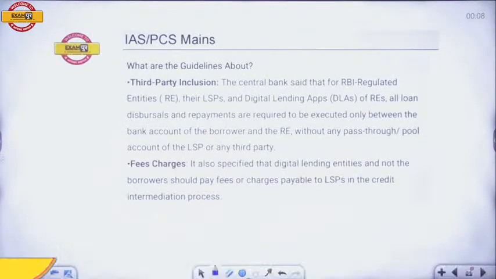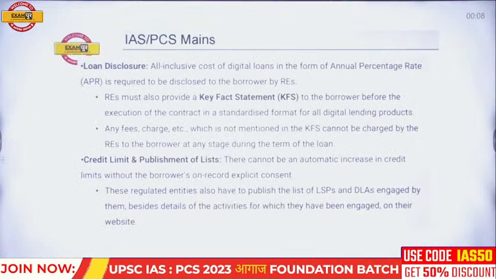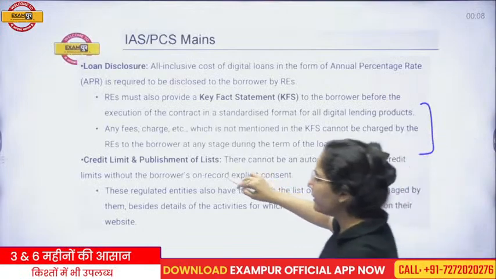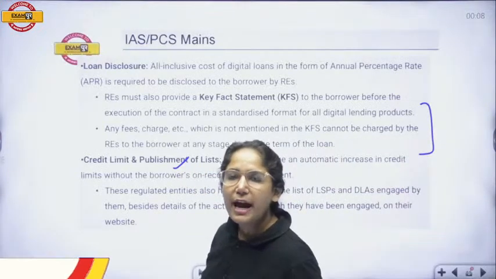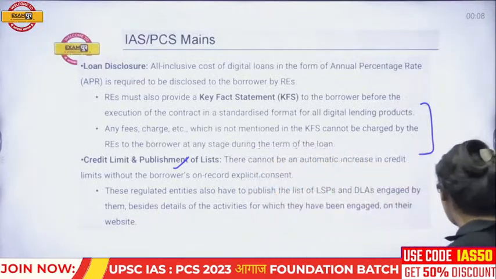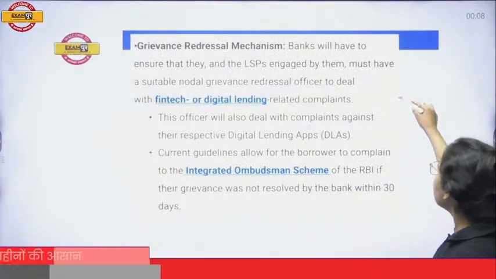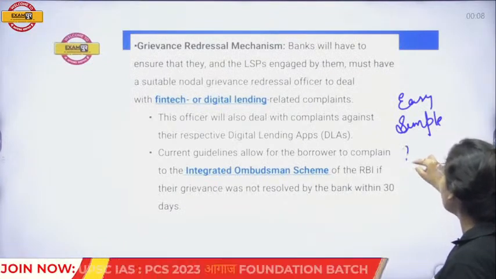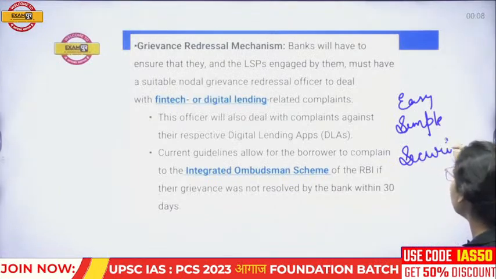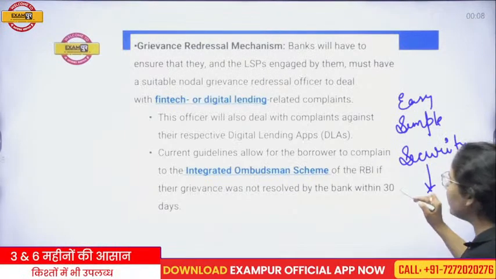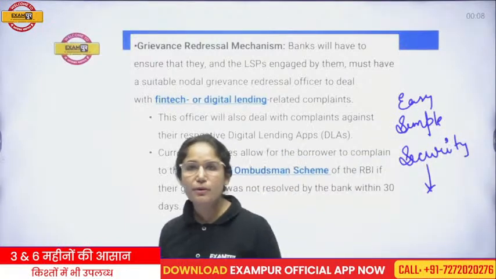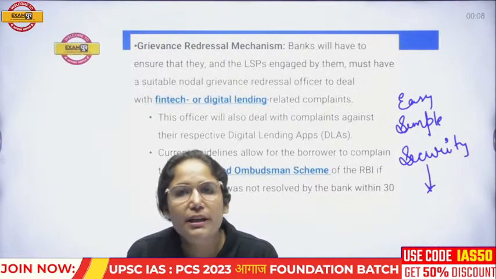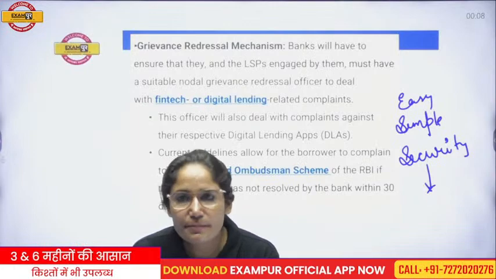What are the guidelines all about? Fees charges, how much fees charges should be given and what kind of standardized pattern should be there. Credit limit and the publication of the list has to be as per the concern of the customers. As the customer's main aim is just to have easy access, things should be simpler. Then they would think about the security basis. If things are secure enough, and even after that you are facing any problem, you can file a complaint, and it could be redressed as per the ombudsman